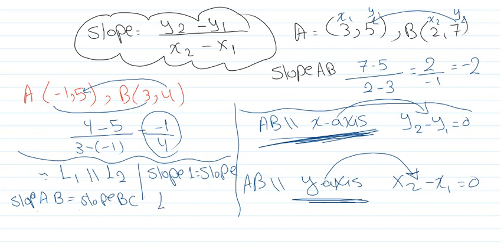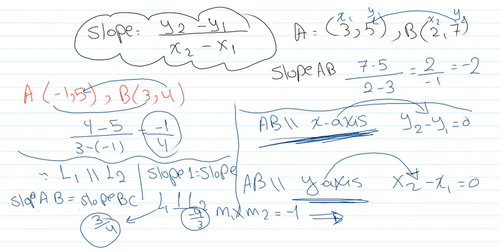And if I have L1 perpendicular to L2, two perpendicular straight lines, then slope 1 multiplied by slope 2 equals -1, which means the multiplicative inverse and the additive inverse. If the slope of L1 is 3/4, then the slope of L2 is -4/3, so they are perpendicular. So for parallel straight lines the slopes are equal, but for perpendicular lines it's multiplicative